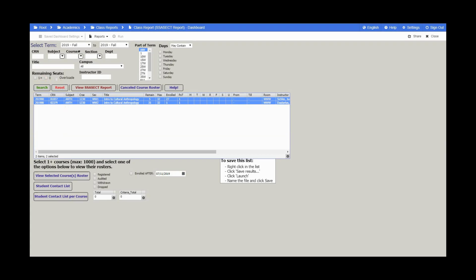Before moving on to this final stage of the report, we need to be sure that we are going to get the information of the desired student population: registered, audited, withdrawn, or dropped. As you click on the report options, the total number of students will automatically change. The default options are registered and audited, but there may be reasons you want to know who withdrew or dropped a course. To generate the roster report, you can select one of the three options.